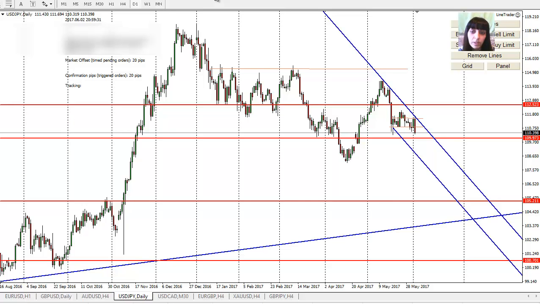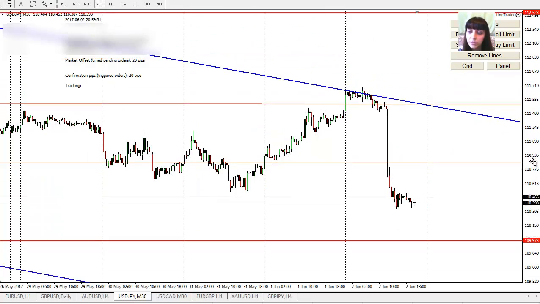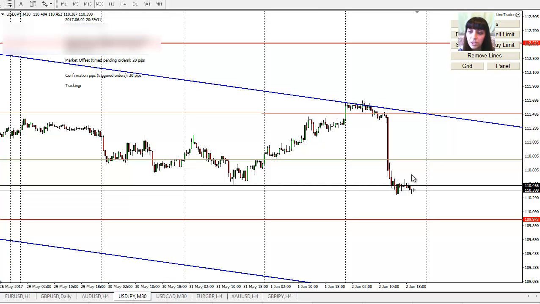Let's go and have a look on a bigger chart. I would probably still leave that channel just in case, to see if it will try to go back, because anything can happen. In the best case, it should continue slowly, maybe fast, and then come back. I'm just going to leave it like that. And as I'm saying, I will be waiting for a slight consolidation.